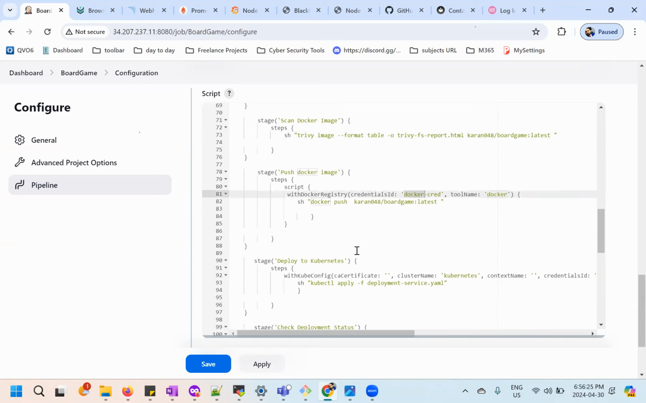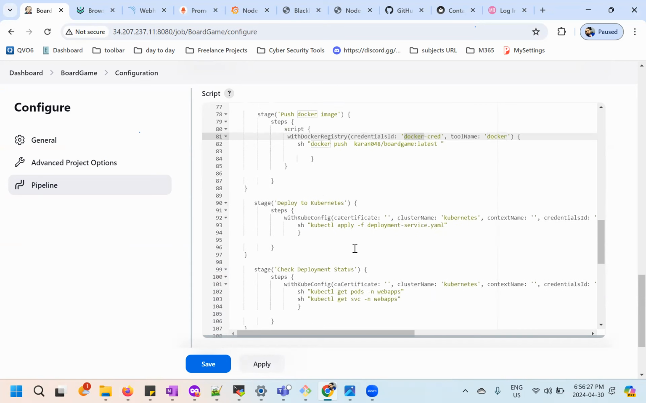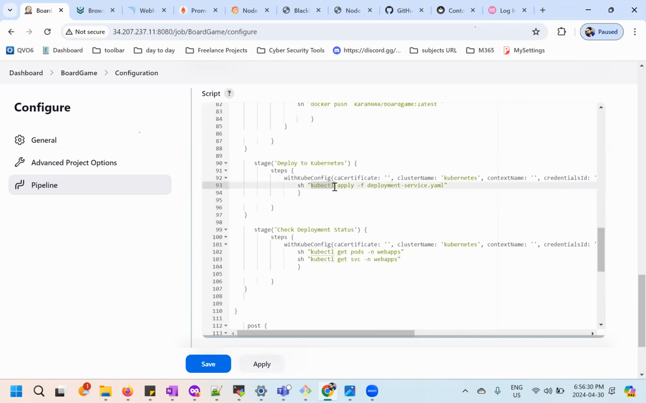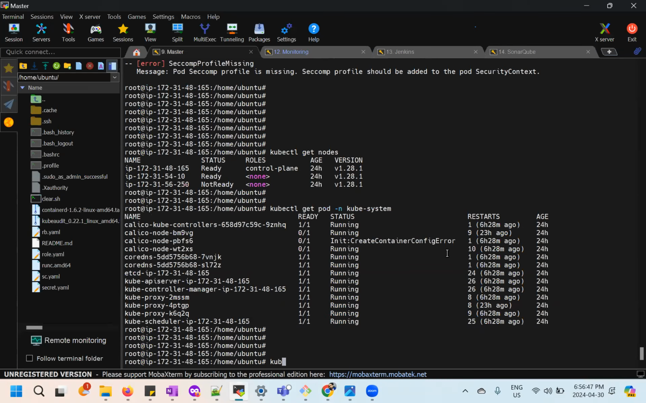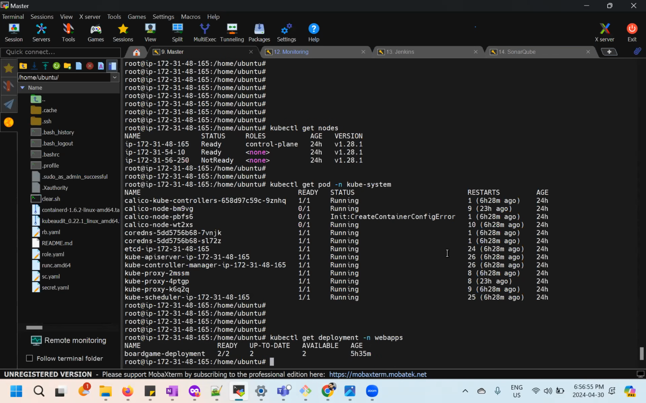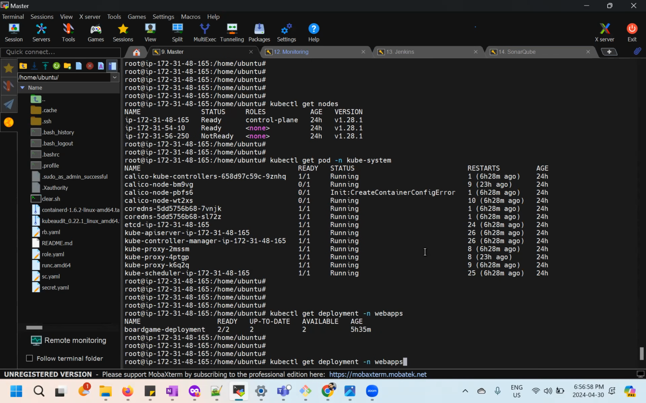Okay, so once the scan is done, we'll push the Docker image to Docker Hub. It is utilizing the Docker credentials. Once it is pushed, we'll run kubectl apply with the deployment service file. This file is present in the repository, and it will create a deployment on our Kubernetes cluster. Let me show you: kubectl get deployments -n. So this is the deployment which was deployed by this, and you can also see the